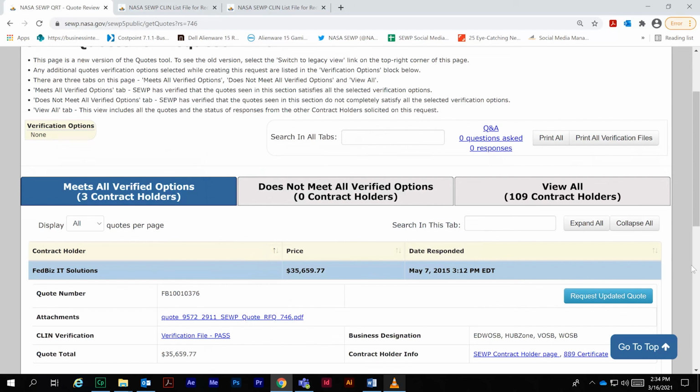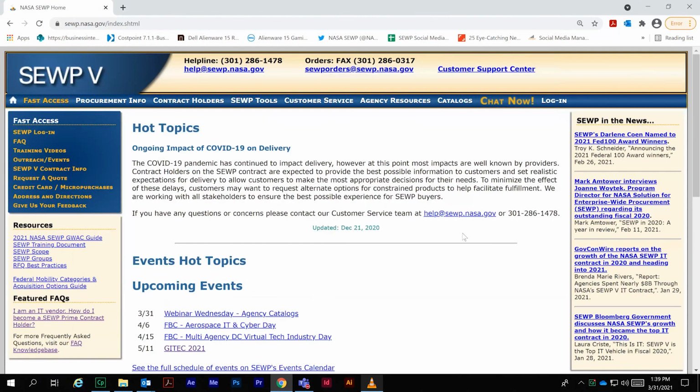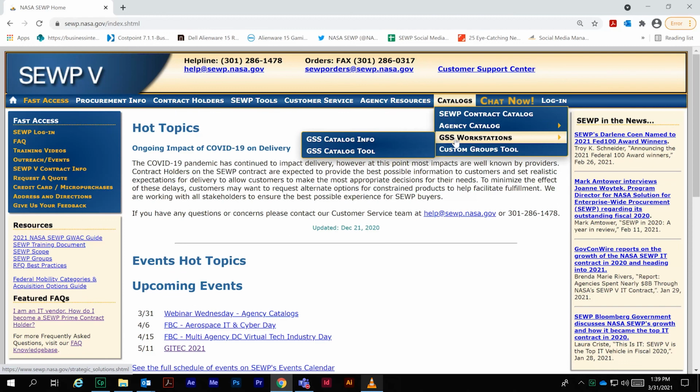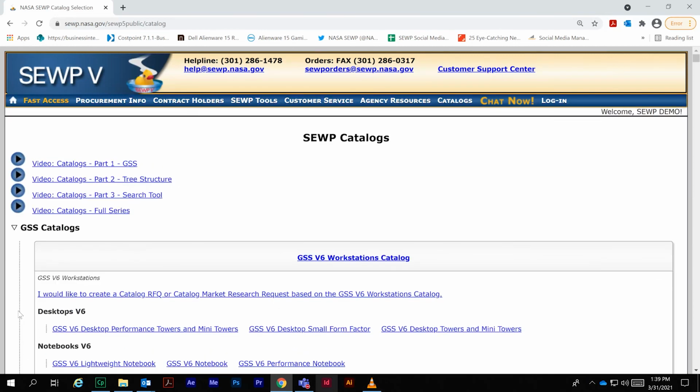That completes a look at the RFQ, quote processes, and tools. Finally, let's take a look at our catalogs feature using the Government Strategic Solutions or GSS Catalog for demonstration purposes. All agencies can utilize the GSS Catalog for laptops and desktops. This catalog was created under the auspices of the Office of Management and Budget in conjunction with the other government-wide